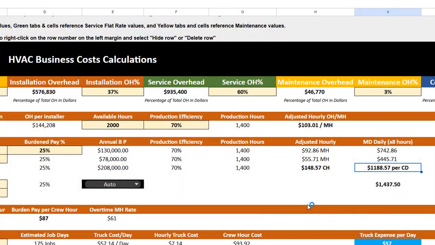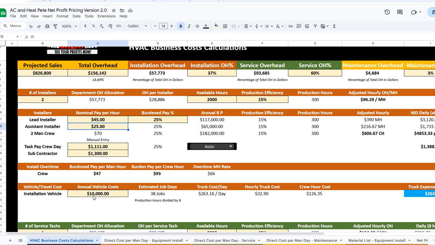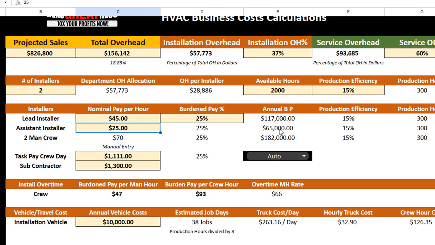But here's what I want you to look at. Now check this out. Let's say that your helper, let me see here. What are my numbers? What is ACMP heat head? I'm only paying my guy $25 an hour. So I've got $65,000 I have to pay him, whether he's billable or he's